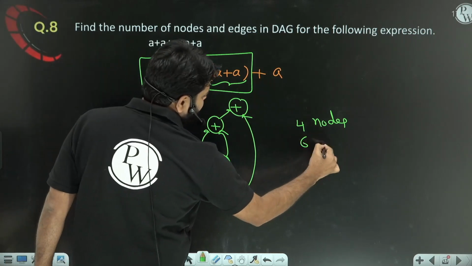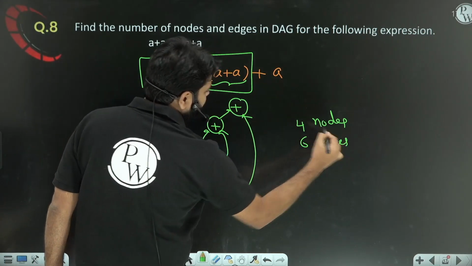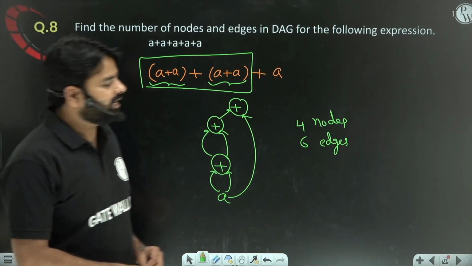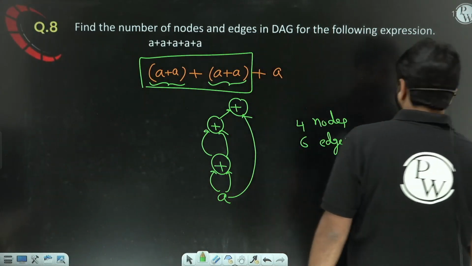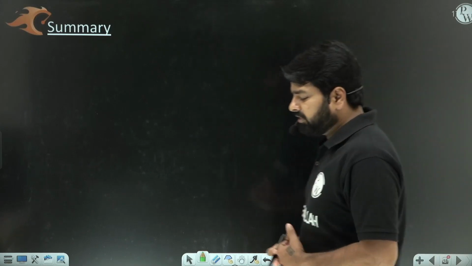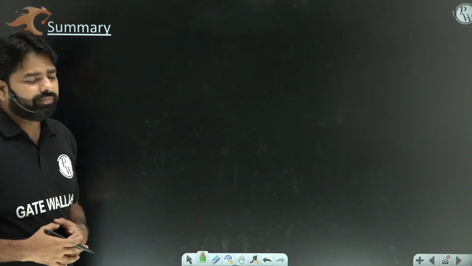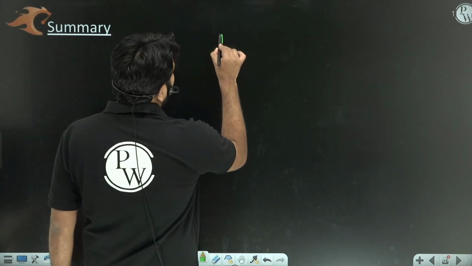6 edges. Okay, 4 nodes and 6 edges. Similarly, you can just try for the 3 address code how many minimum variables required. So in the summary, if you have intermediate code,